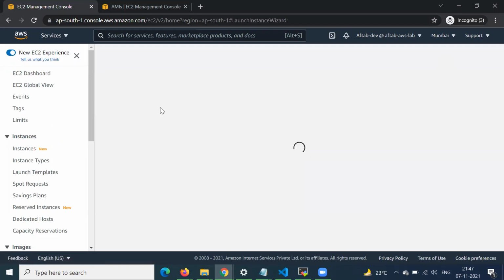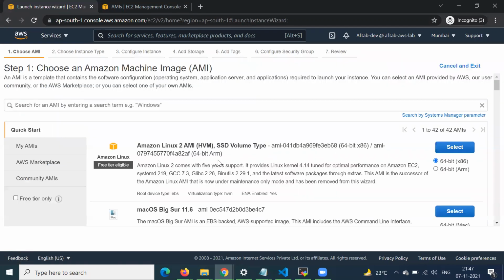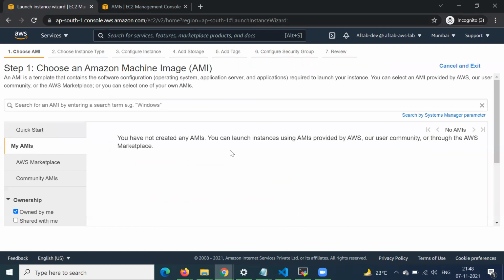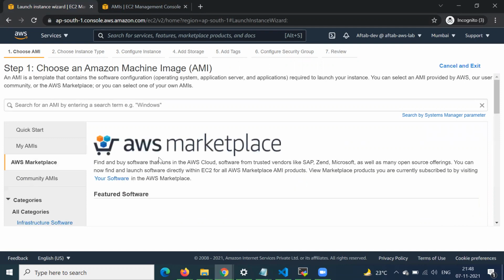While we are launching an instance from this EC2 dashboard, you can see that in my AMI, we don't have any AMI already available, right? We can also use any other AMI from the AWS Marketplace.